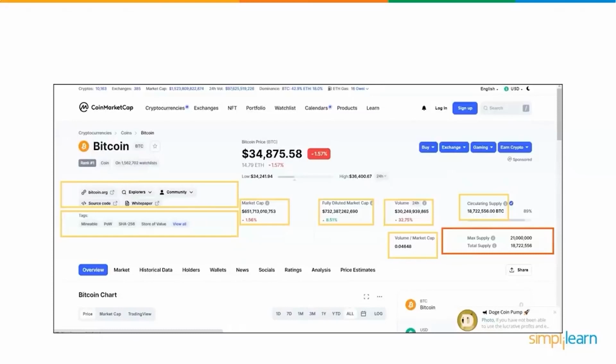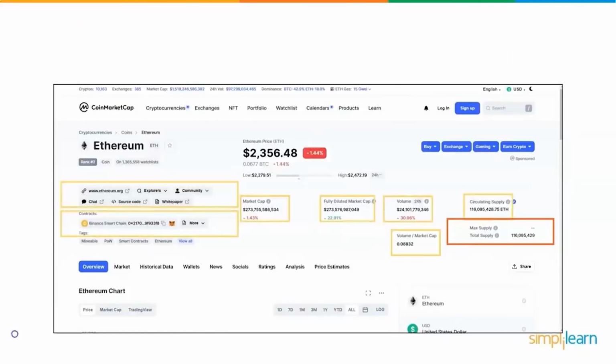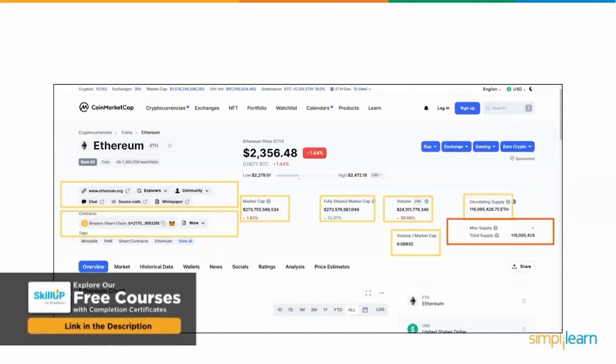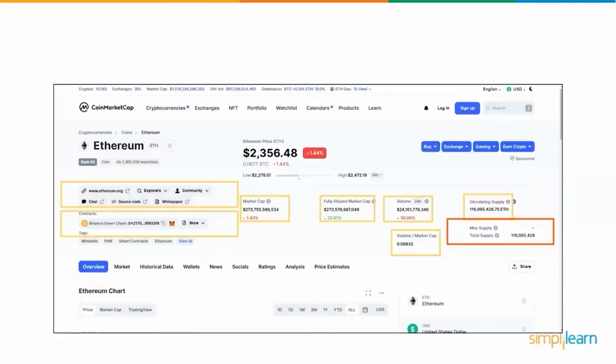Ethereum is no different from Dogecoin and Bitcoin. In this also, you can see the total supply of Ethereum. Also, you can visit the official website www.ethereum.org to explore more about Ethereum. You can have a look at the market cap value of Ethereum, which is 273,755,586,534. The fully diluted market capitalization is 273,576,987,049. The volume of Ethereum traded in 24 hours is